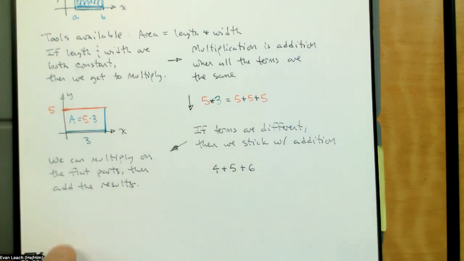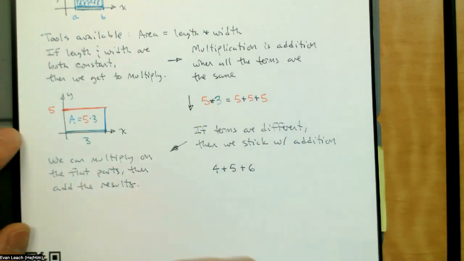So taking this and translating it back to an area question, we can multiply on the flat parts. As long as we have just a constant length multiplied by a width, then we can multiply. And that's what we want. If we multiply on the flat parts, then we can add the results. So thinking in terms of the graph,